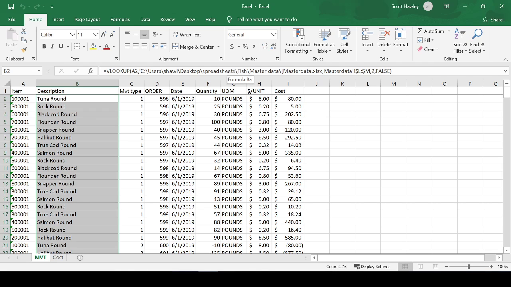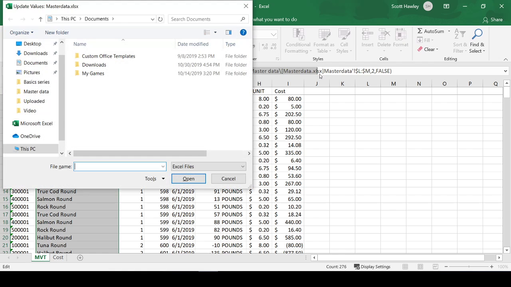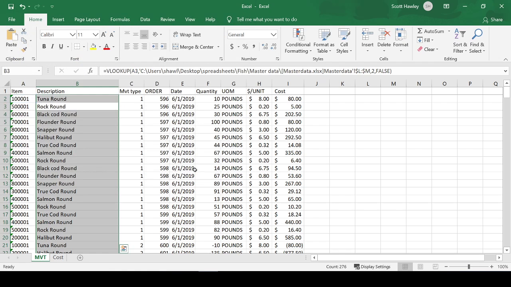If I know that that folder changed, I can also just go here and grab a whole lot there. I can even take the full path. I copied, and then do a